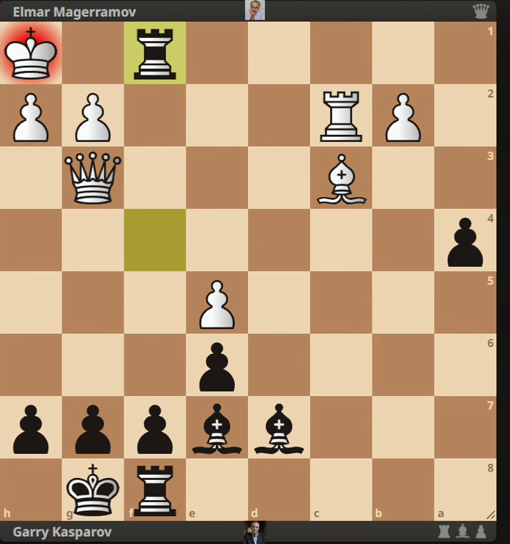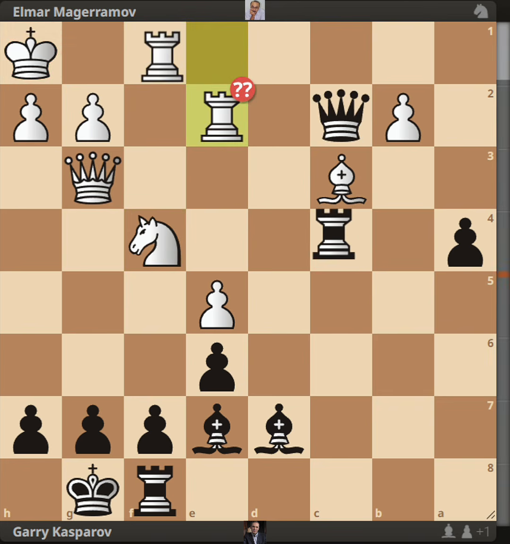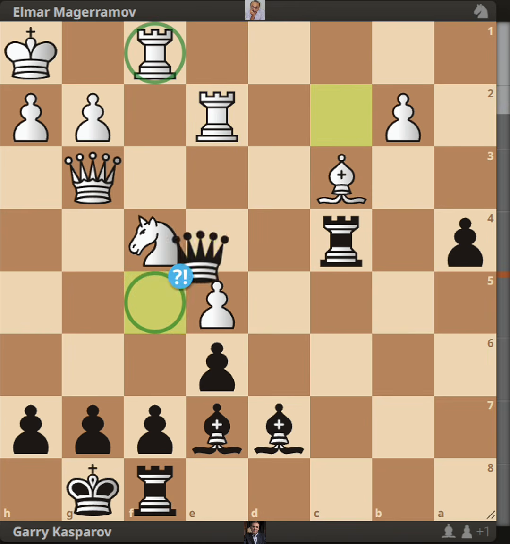But I still can't believe that after rook to e2, basically Kasparov missed this move and instead he goes for queen to f5. And basically he pins this knight. So to unpin this,